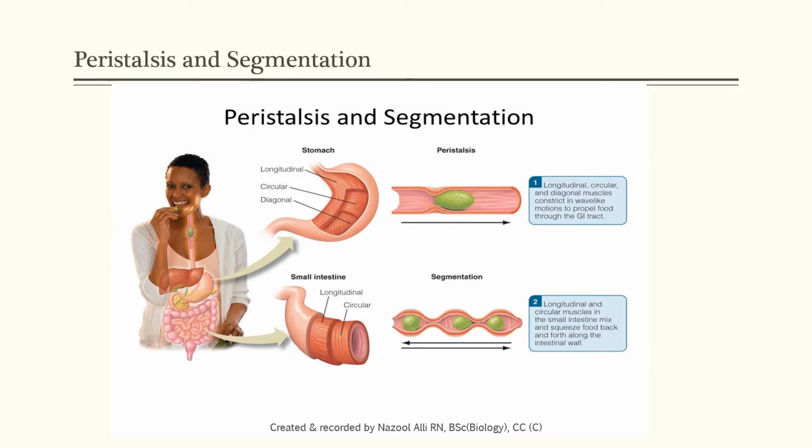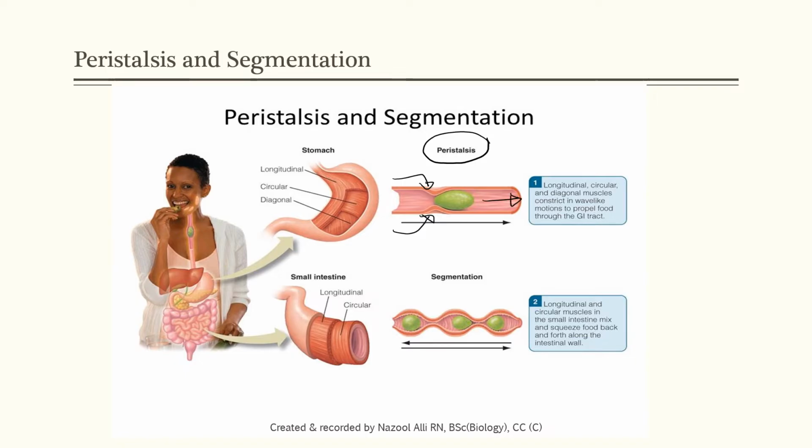One process by which food gets through the GI tract is peristalsis. Really, what peristalsis involves is that the longitudinal, circular, and diagonal muscles in the GI tract contract. And this is where you're seeing the contraction right here. That contraction allows for a sequential, wave-like motion that will then push the food forward